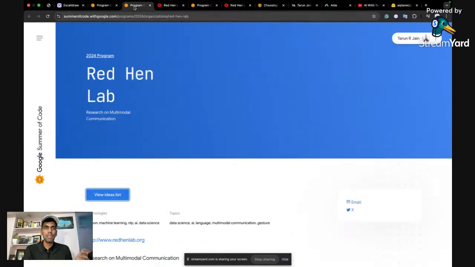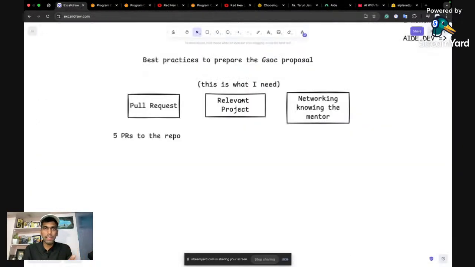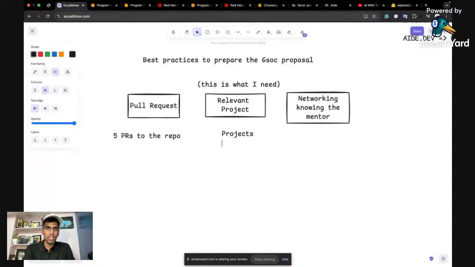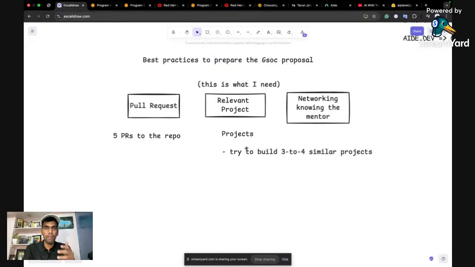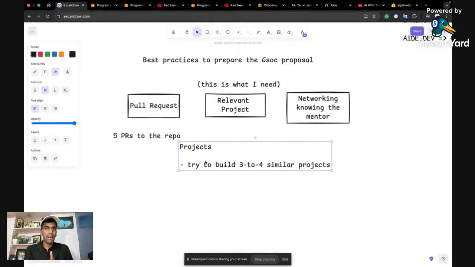So what you can do is, once you finalize the organization, look for their projects, then try to build 3 to 4 similar projects. These projects need not be added to your resume.